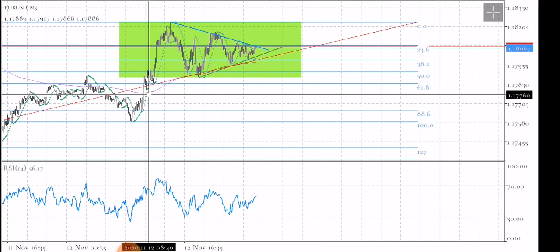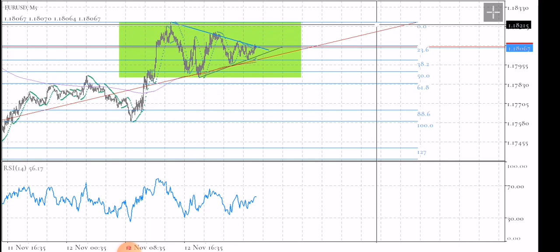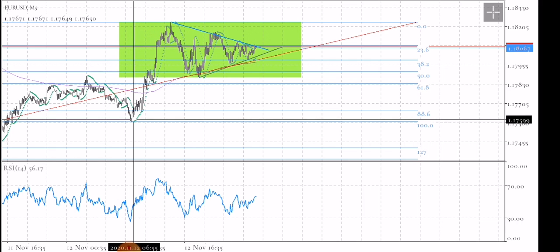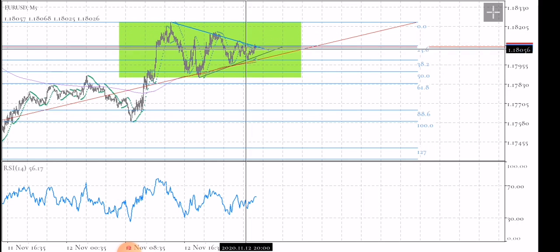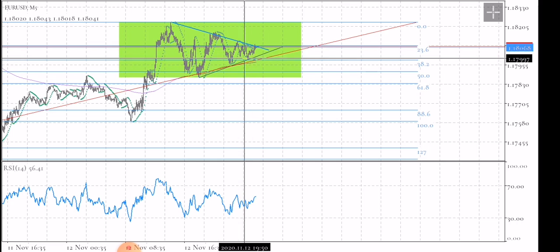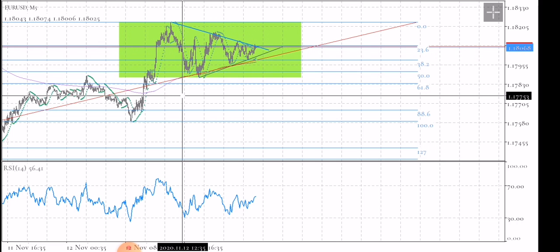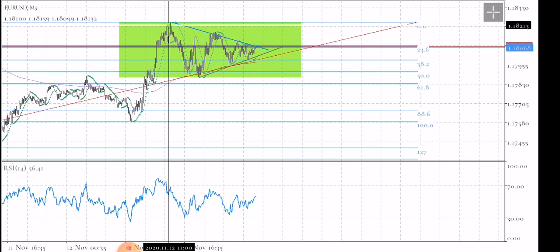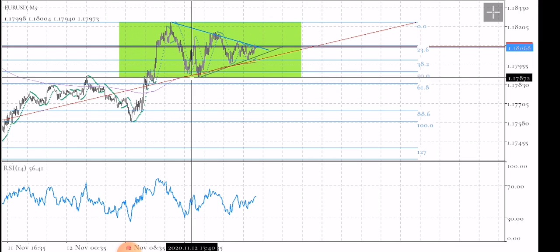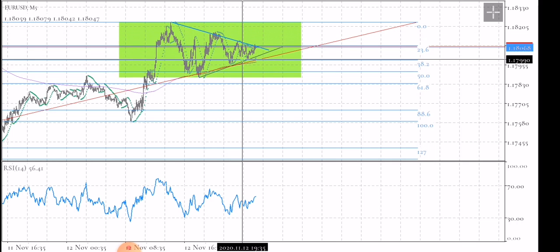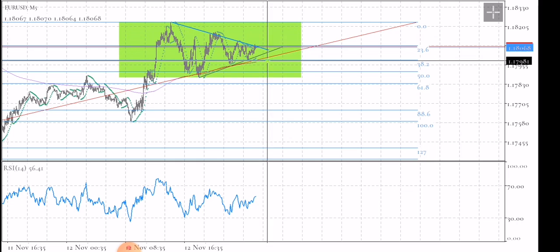If you look at it, there you have 0 up to 100%, to this level, because I want to measure how much this move, wave 1, that we're thinking of, has retraced. Now, if you look at the A, B, C, D, E, you will see that wave 1 has retraced